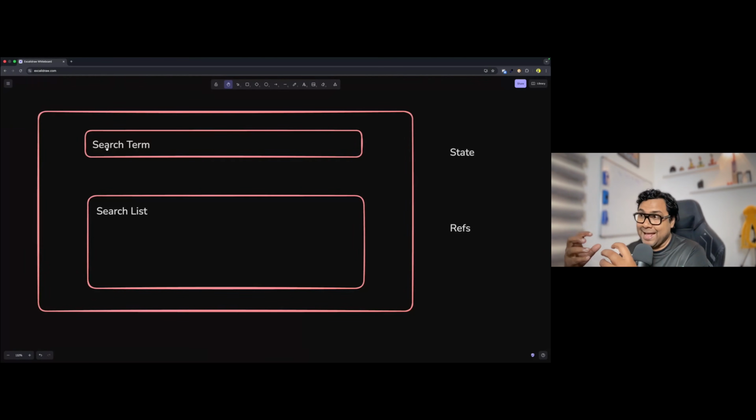Obviously, because state takes care of the dynamic nature of your component, it has to re-render to show you the current data based on the state change. That's the reason whenever the state changes, React re-renders that component to show the current, updated data. State is always reactive. What does it mean? It means that the UI always reflects the current state value, and we manage the state by a hook called